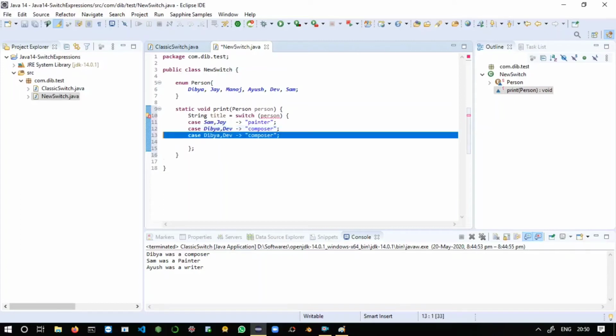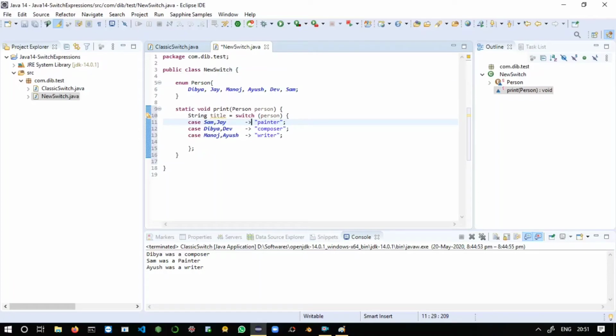Next one is case. I have taken Manoj and Ayush. So these two are writer. That's it. Just arrange them so that it will look good.